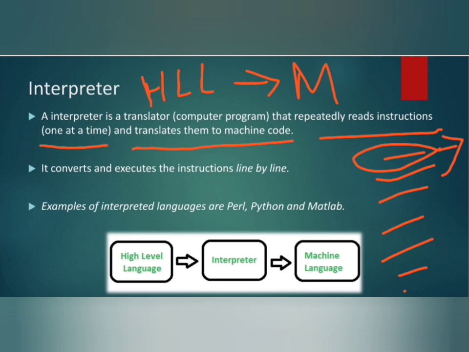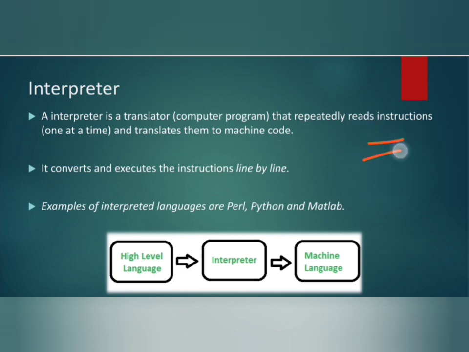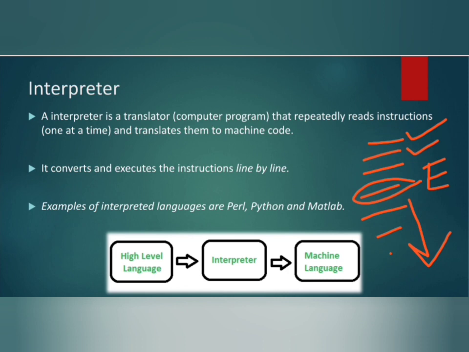So that's why it said that it repeatedly reads instruction. So what happens when you have these line numbers of programs, or we have written programs of these numbers, and suppose the first statement is correct, no errors are there, it will go for the second statement. Suppose the second statement is also correct, it will keep moving on. Suppose in the fourth statement it encounters an error, it will stop there. That means it will not interpret the other statements.